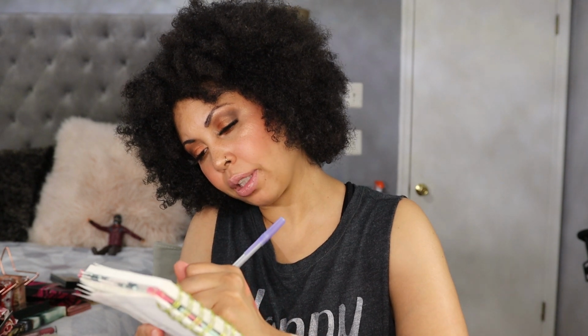All right, let's make a trade out, y'all. We don't need both because we can only keep 20 shades. So we're going to cross out Wicked Envy because I already know what I'm going to substitute. I don't know if I'm making the right choice, but I can't keep both of those greens. They're just too similar. So I'm going to make a trade because there's one formula that I don't have on this list that I feel like if I'm making a